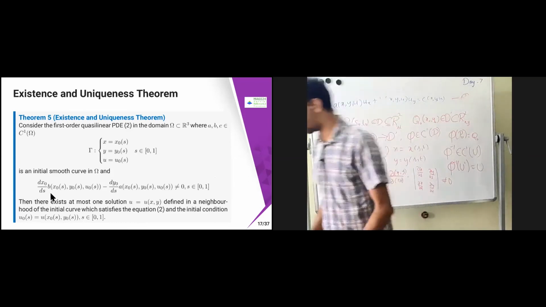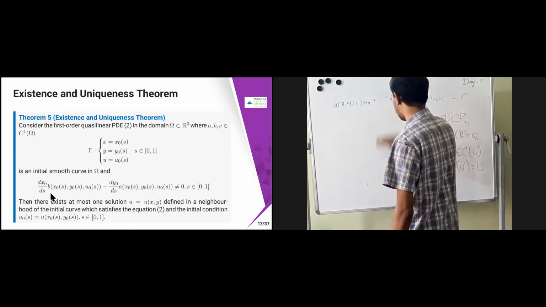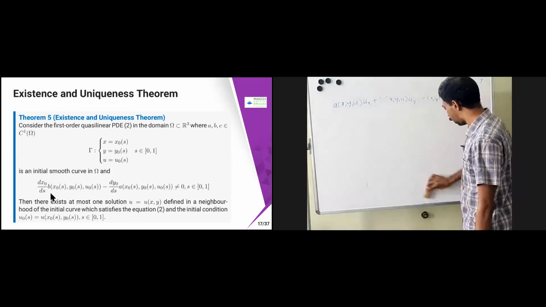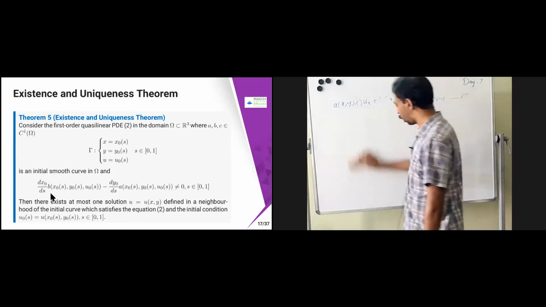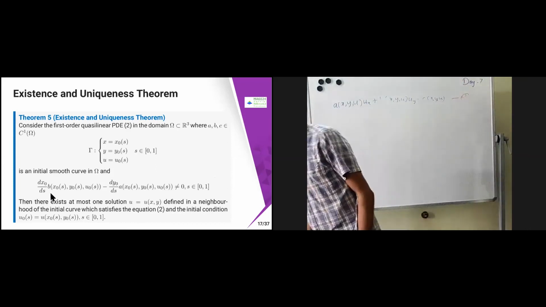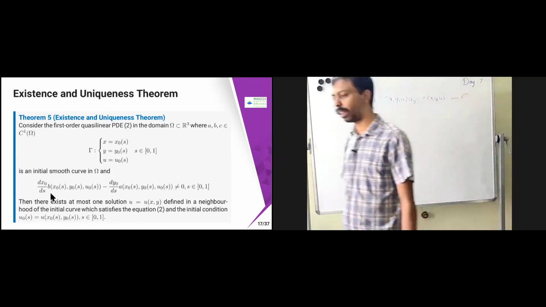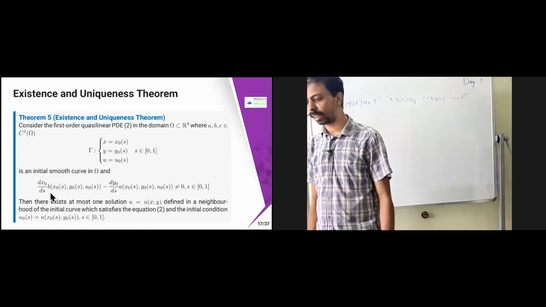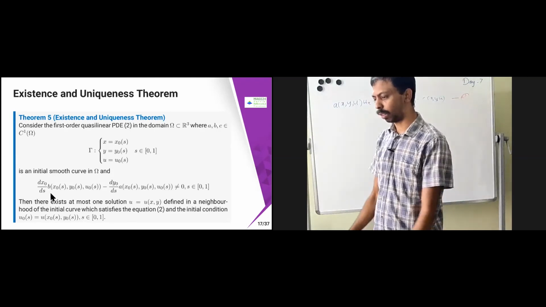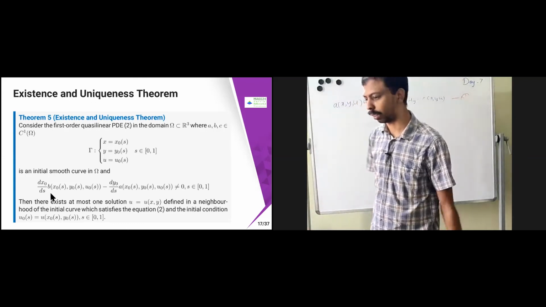Now what we are trying to prove is that there exists a solution depending on the conditions for the setup which we have seen already. We are trying to prove existence and uniqueness for this quasi-linear PDE, the quasi-linear PDE whatever we have given. For that, we are trying to prove that it has at most one solution, or at least some solution exists depending on the condition.